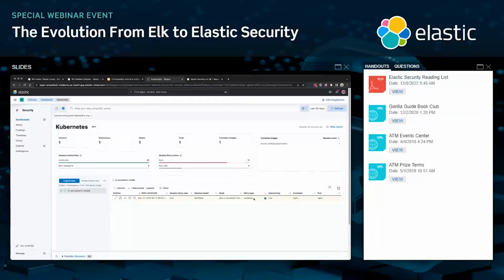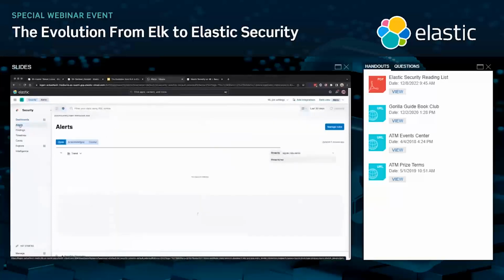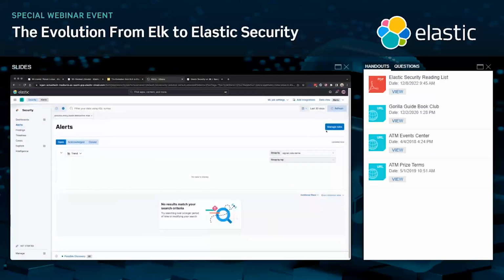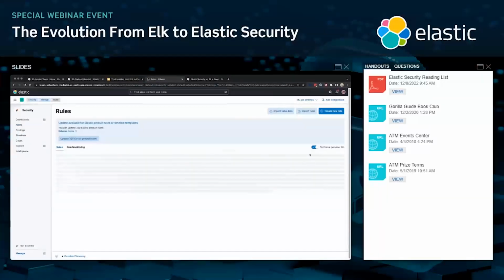And because we are getting that telemetry out of the containers too, that same Elastic Security Detection Engine is continually churning in the background, right? So if I go to Manage Alerts, I should be able to see some Kubernetes specific rules, right?